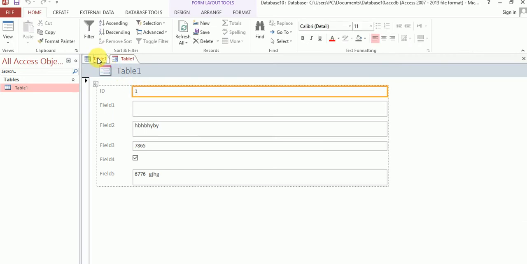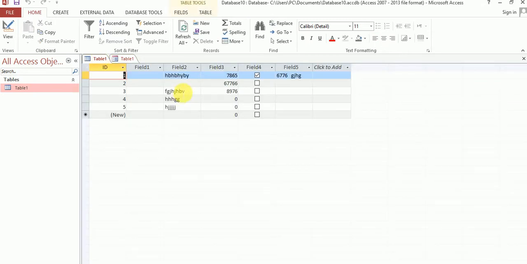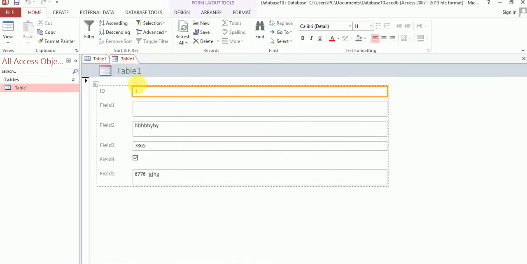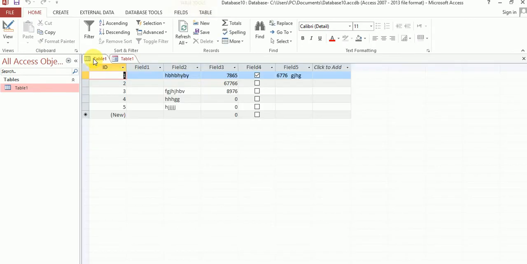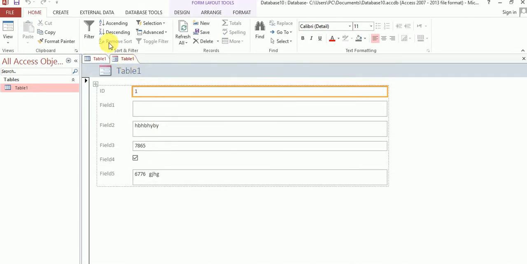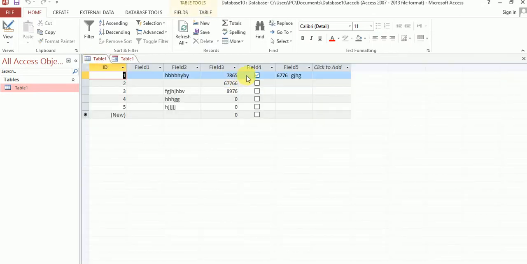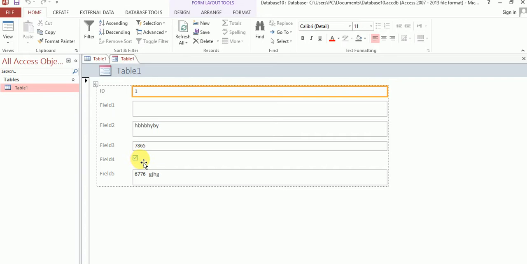Okay, next field 2 is blank. Next, field 2 means field 2, yes. Column 2 actually, you can also call it column 3. Column 3 name is something. This one, okay. Field 3, field 3, 7 6 5. Field 4 is no record. So you can see it's no record.